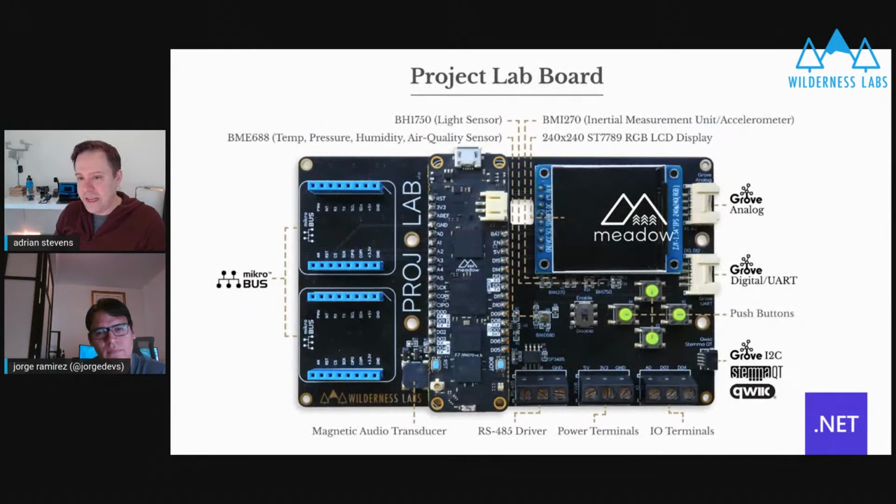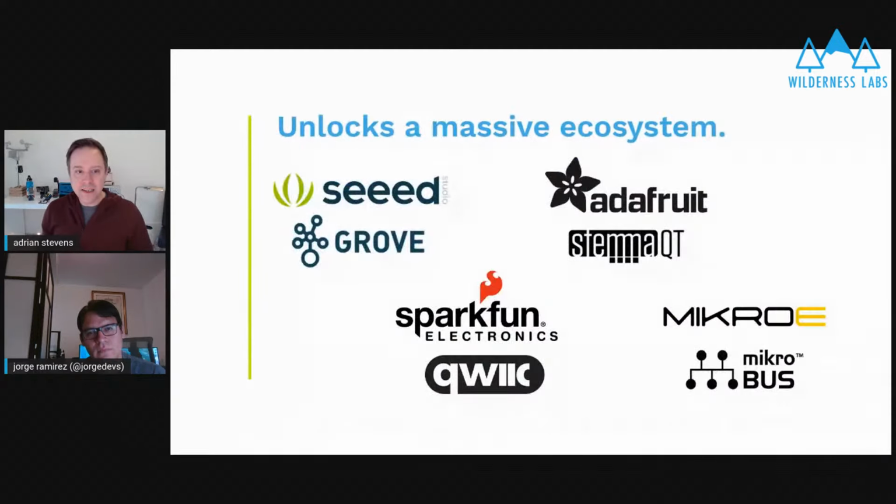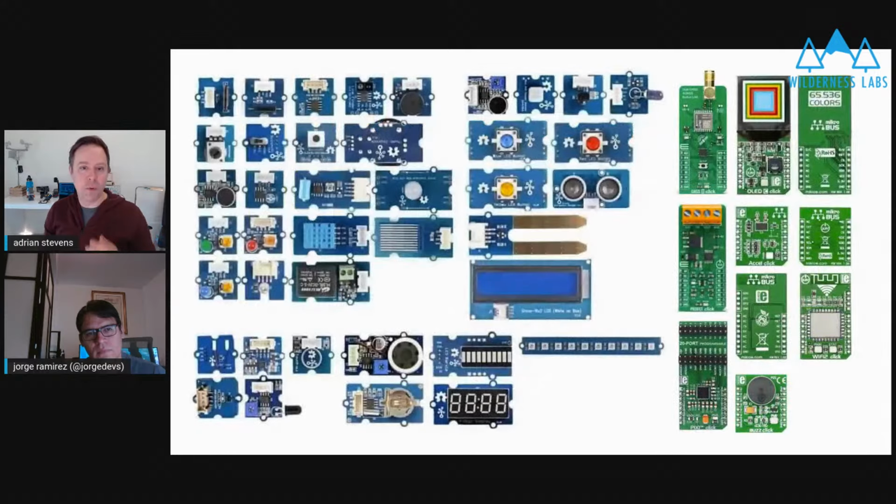You might have seen on the right-hand side here, we've got these Grove connectors. And then on the lower right, we call it a Stemma or a quick connector. And then I'll have your eyes go all the way over to the left side as well. We have something called mikroBUS. Now, all of these are standard ways of connecting hardware and peripherals. I'm going to show you some of those in a little bit. What that does is it unlocks this massive ecosystem of hardware where you can buy parts off the shelf. They're standardized. And so you can add to this board